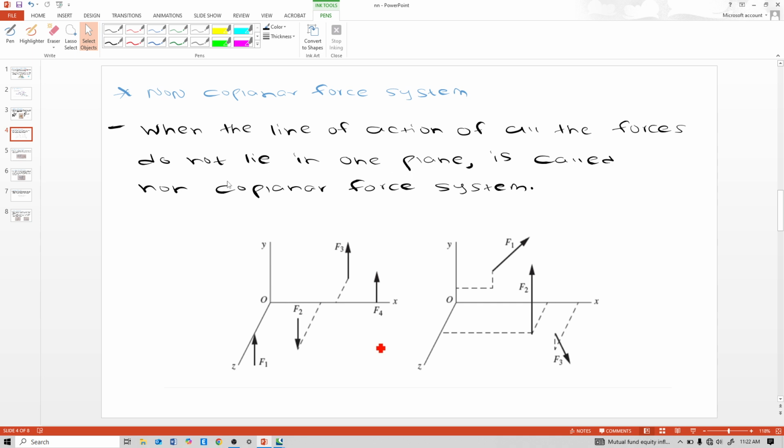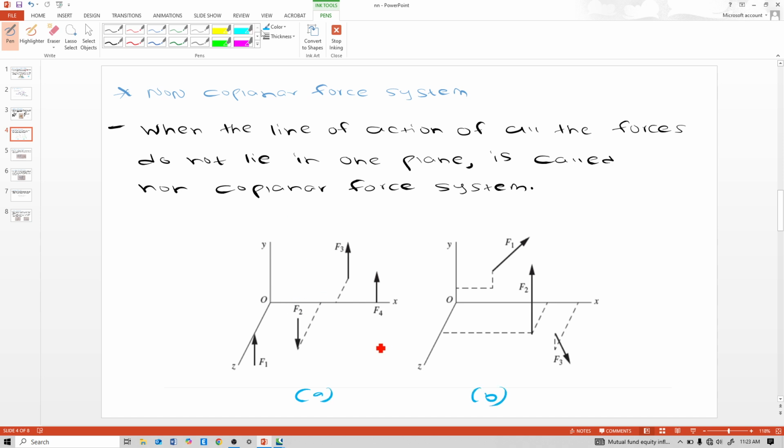In our previous coplanar force system, the lines of action of all forces act in only one plane, but now in a non-coplanar force system, the lines of action of all forces do not act on one plane. They are acting on the xy plane also and the xz plane also. See here, this F3 force. Now we will see these letters A, B